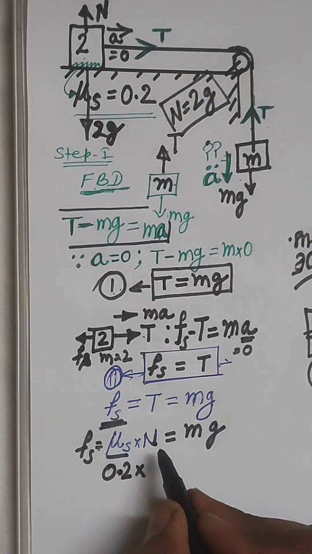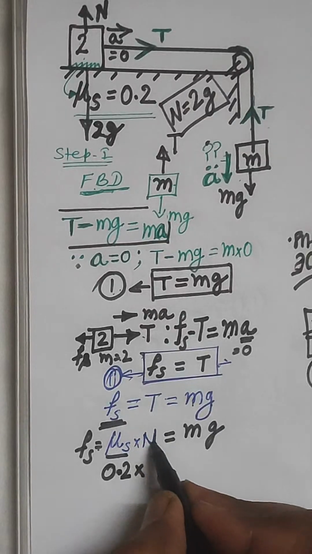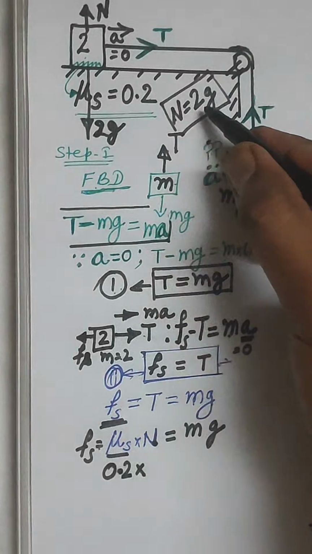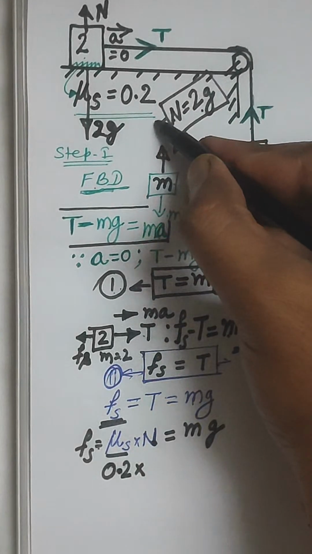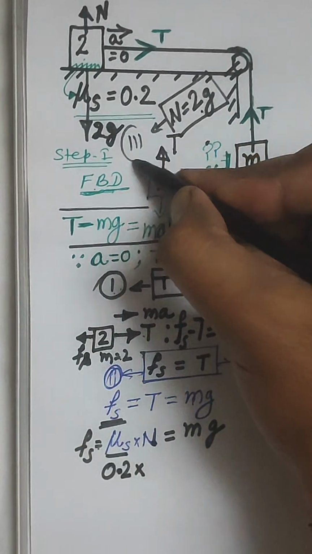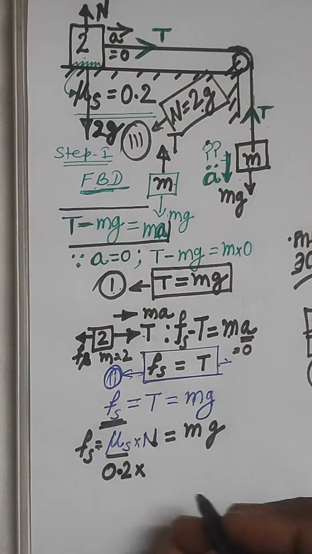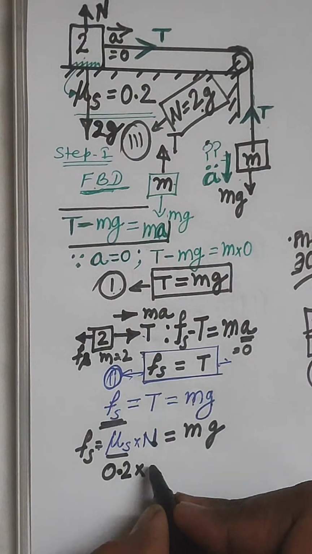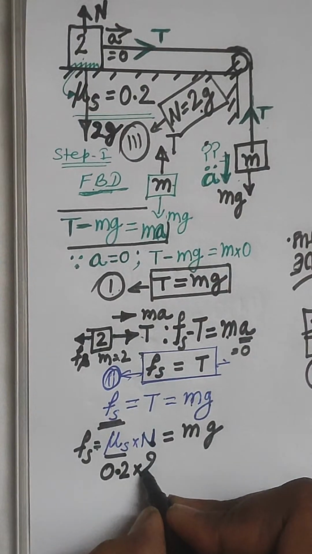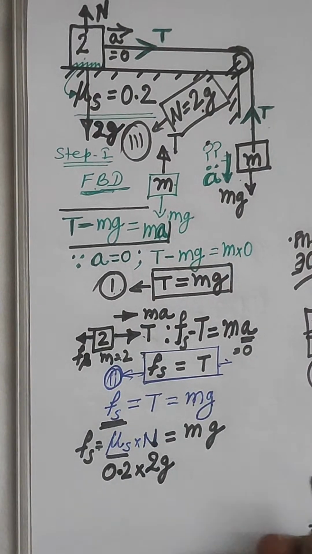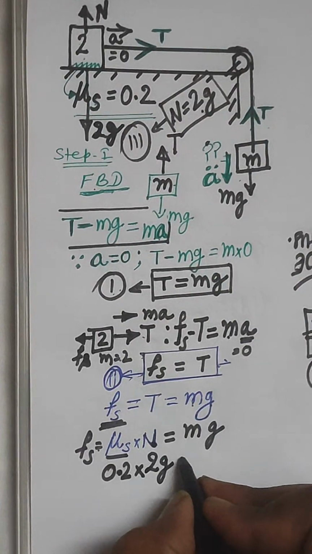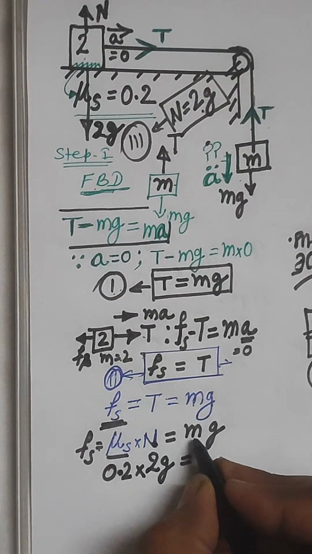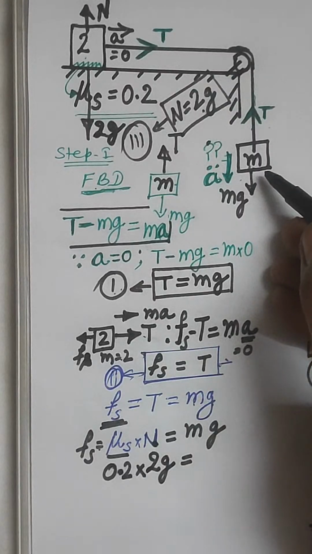And what is the value of N? The value of N is 2g. Let's say this is equation number 3. So N equal to 2g will be like this, and this is equal to m. So this m is the hanging mass, mind it,